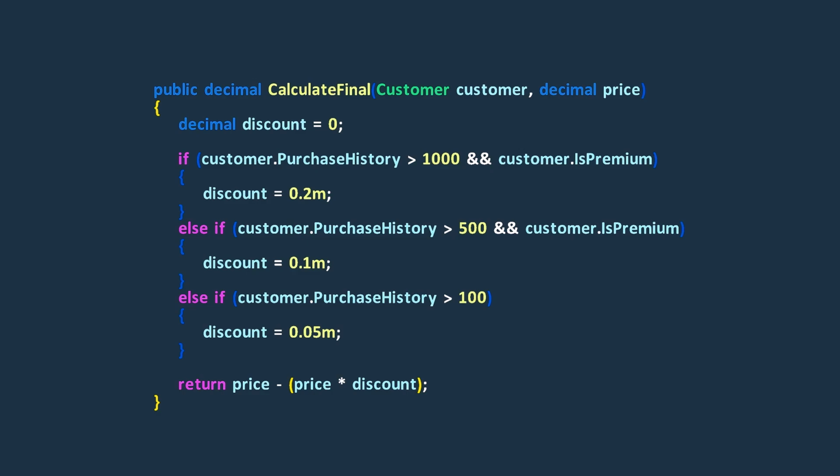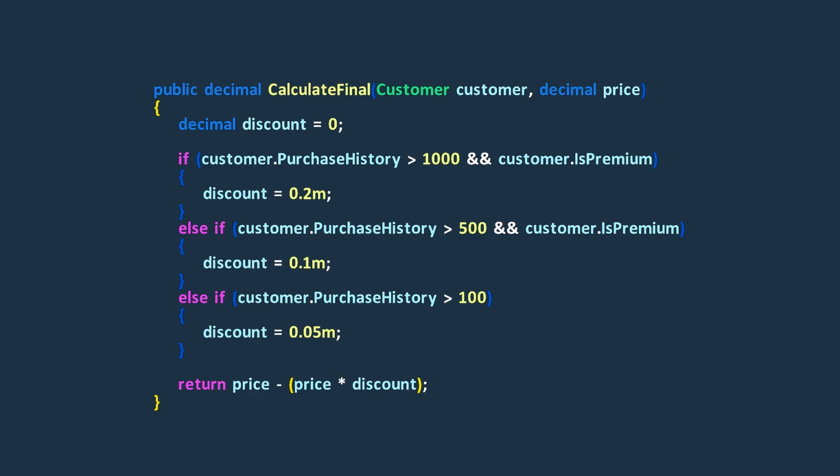Okay. Consider a scenario where we have this calculate final method with if-else statements all over. It checks discounts for order, but it's too confusing. The purpose of this method is to look at customer history to see who qualifies. We cannot simply follow what it's doing, and that's not good. Although this code may work fine, it's messy and hard to change later.